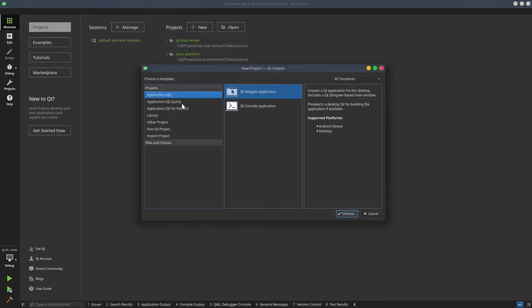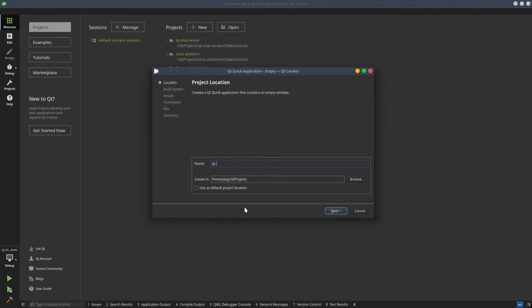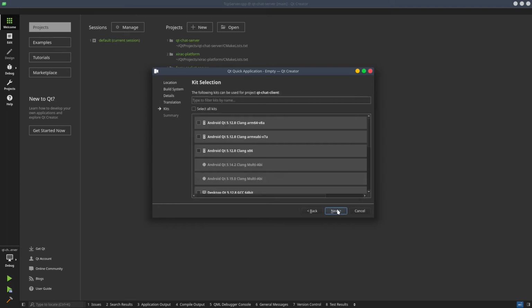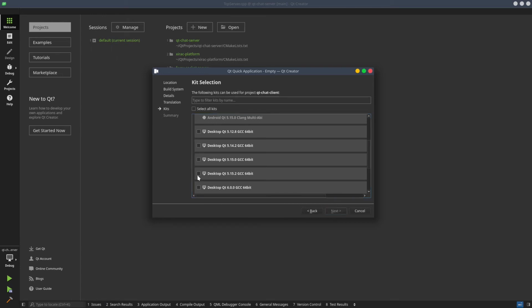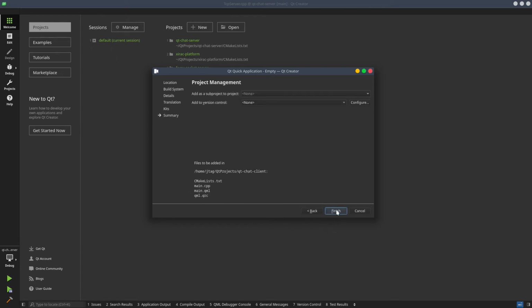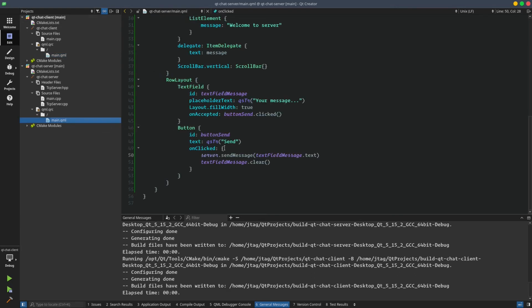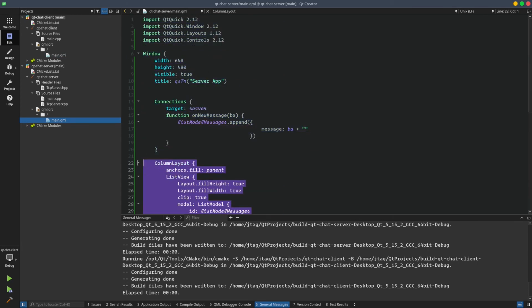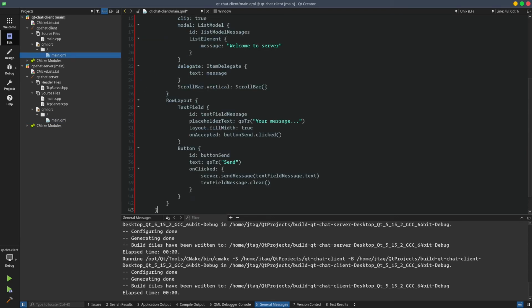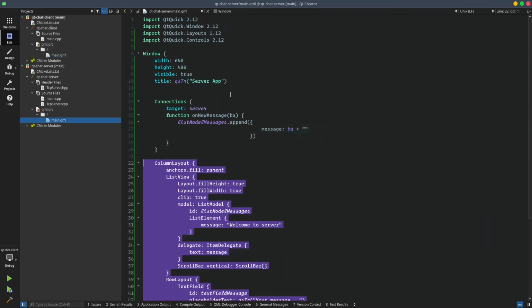We can create another application for our clients. Let's name it Qt Chat Client and choose the 5.15 kit for that, and add it to Git. Okay, let's name it client app. Oops, sorry. And here for our client app, we will have some UI components like our column layout here, so we can copy and paste these components over here,